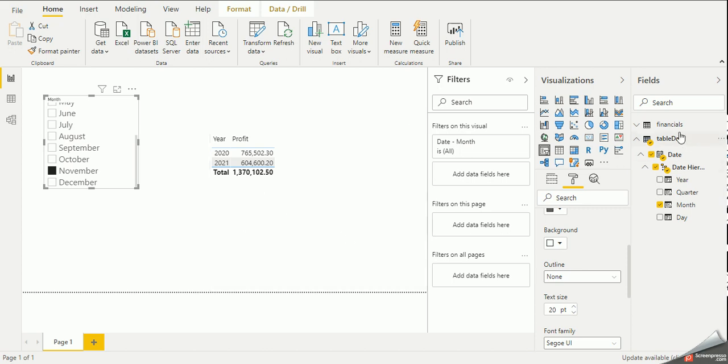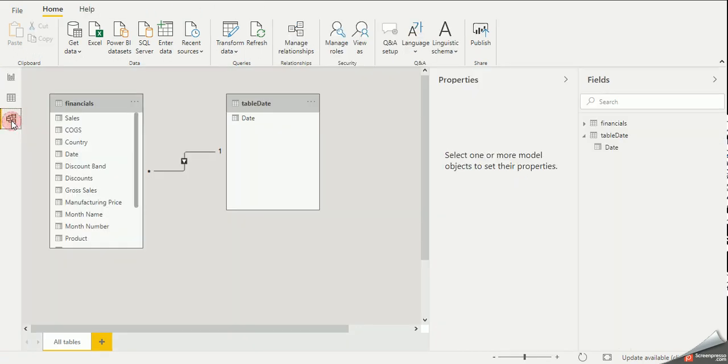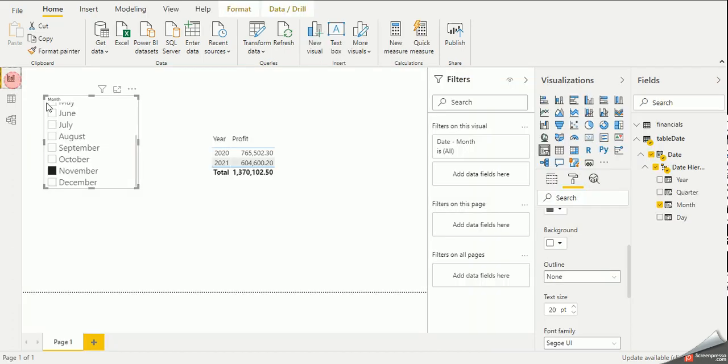Let's say financial order, sales order, purchase order, inventory, stock, these tables are coming over here, and they all have dates. Maybe they have different dates, so you cannot bring these filters, let's say a month filter, over here by clubbing them into one table. Rather, you will create a date table over here, and you can do the modeling with the relationship, and easily you can use this filter for filtering out your whole page and all your visuals which contain data from different tables and have the relationship with that date table.